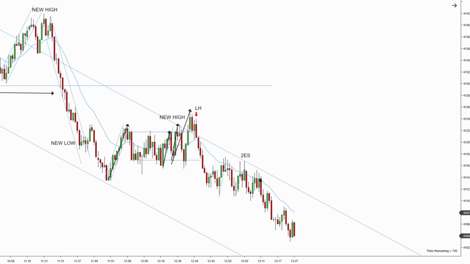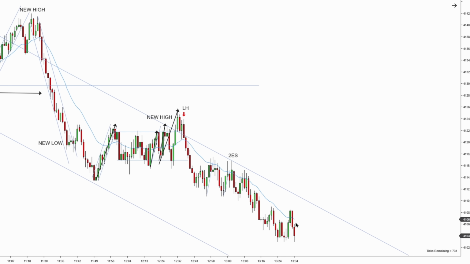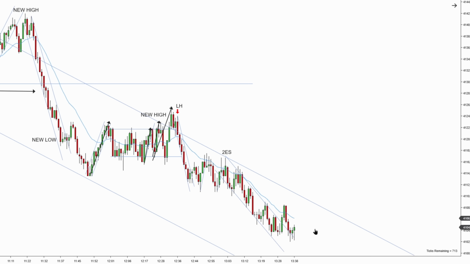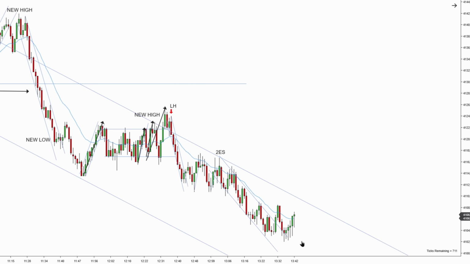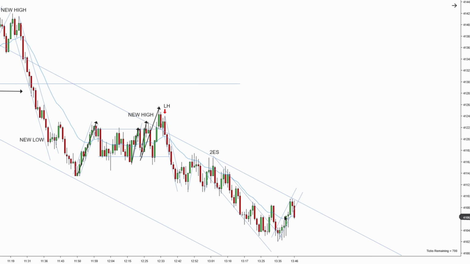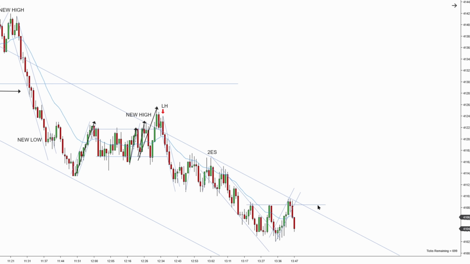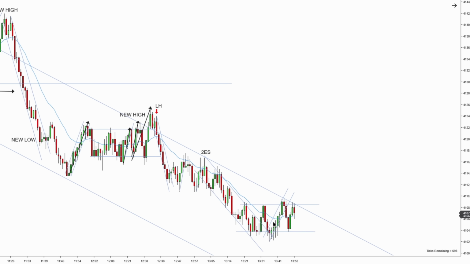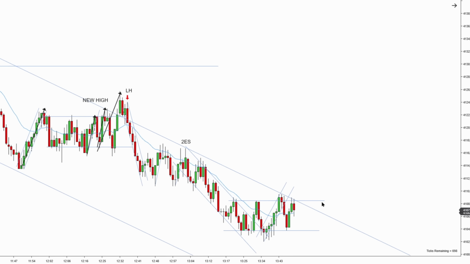You can see how the pullbacks are smaller. The EMA keeps rejecting often. Micro double bottom. If this was a legit second entry short, it would have been great, but it wasn't. It was just a first entry short. Structure is bearish. New low, first entry short. Second entry short, but the uptrend is in play. I also have a small trading range again. And now you have a lower high confirmation of the second entry short.